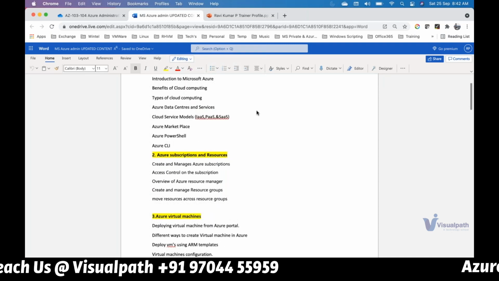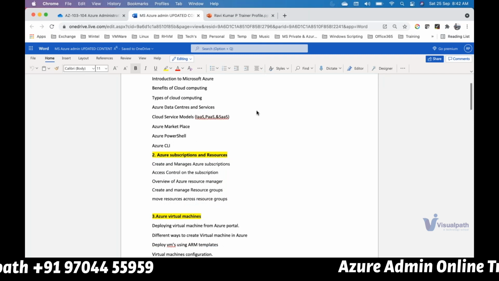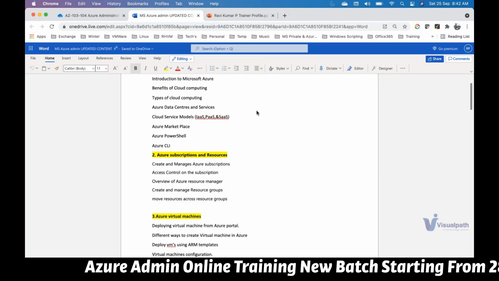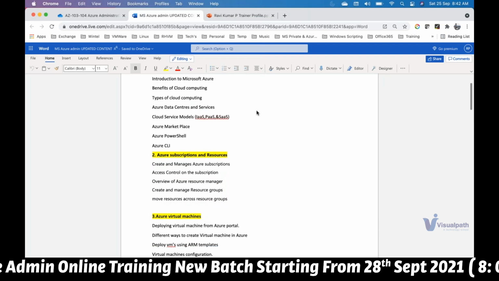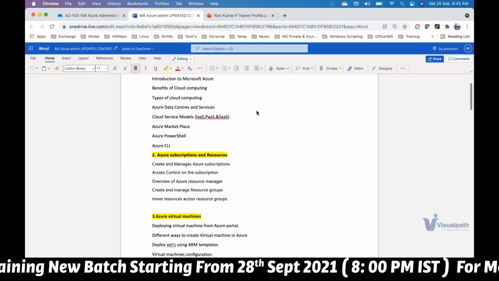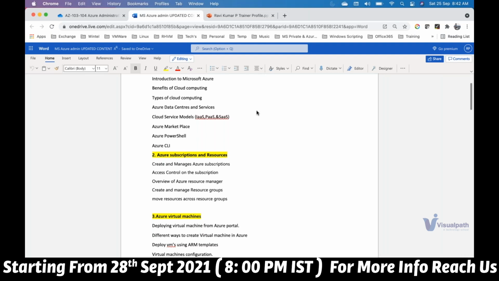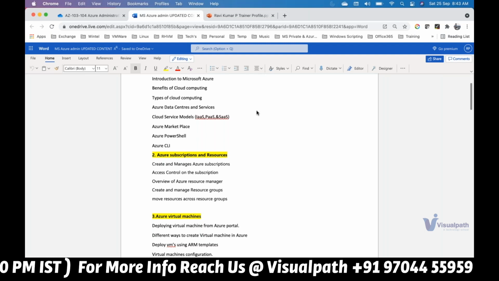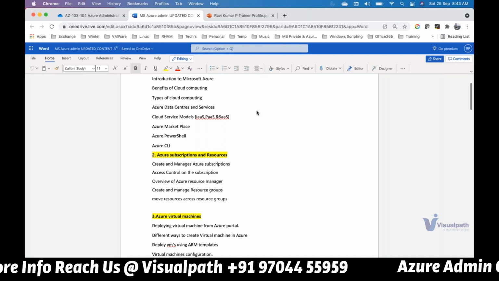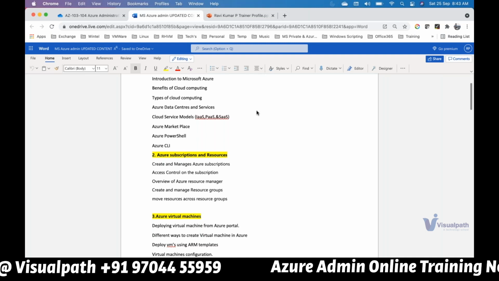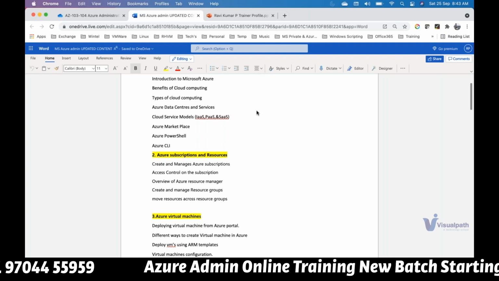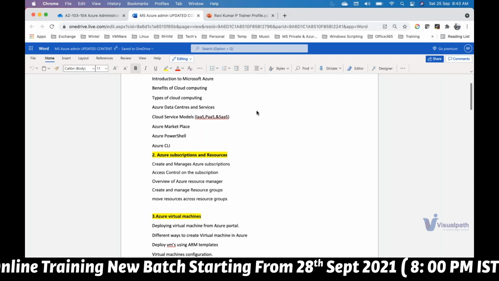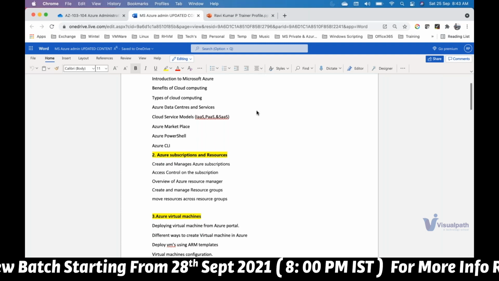In module 2, we'll be covering the subscription part, like when you want to create a Microsoft account, how things are set up in the backend while setting up, what a subscription is, how to create a subscription, what the different types of subscription are, and how you manage your subscription by delegating permissions. Then we'll discuss what Azure Resource Manager is, how resources are deployed in the backend, and what the limitations are with respect to working with the resource group and the resources. We'll be covering that in module 2.